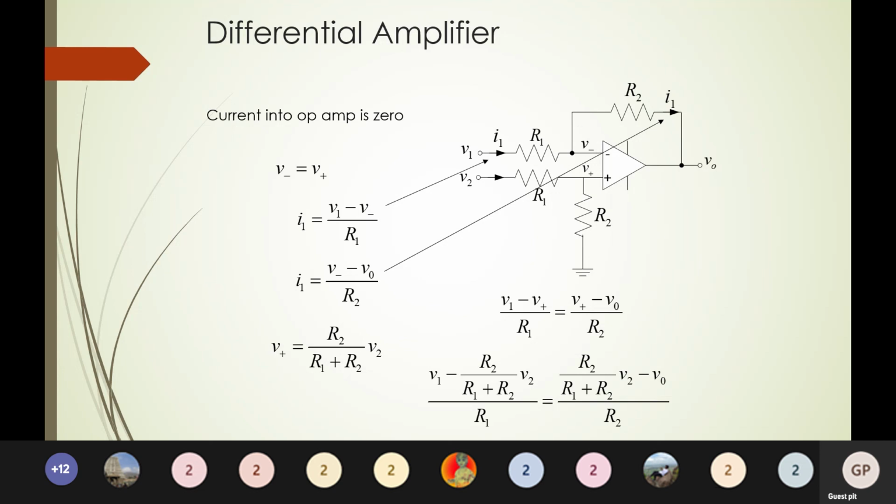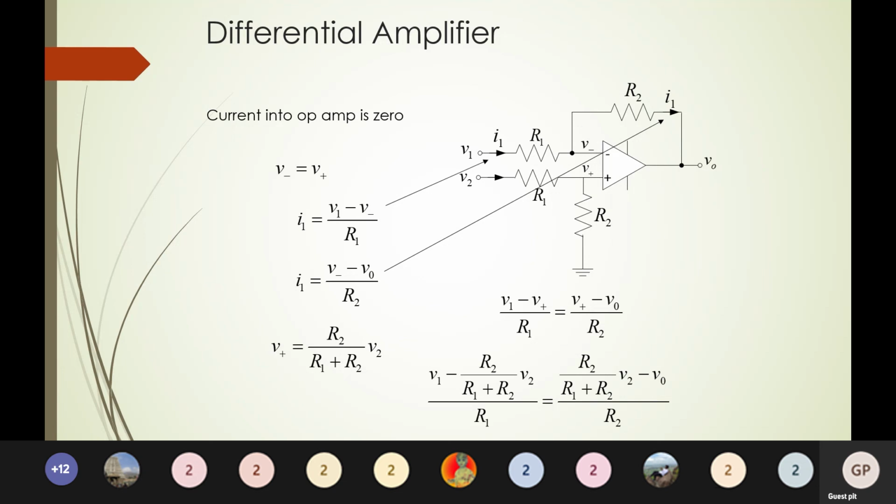So this is how the circuit will be. As I said, when you have input to both the inverting and non-inverting terminals of the op amp, it will act as a differential amplifier, a subtractor, or even an adder-subtractor. That is, when you have multiple inputs to the inverting terminal and multiple inputs to the non-inverting terminal, it will act as an adder-subtractor. Now I have one input to the inverting terminal and one to the non-inverting terminal, so it could be either a differential amplifier or a subtractor based on the resistor values. Let us see how to derive the expression for this.